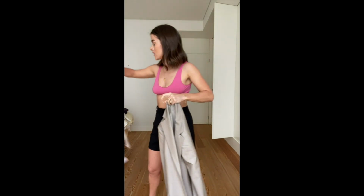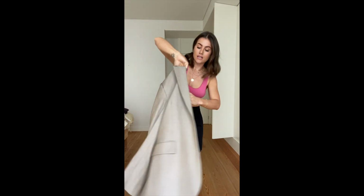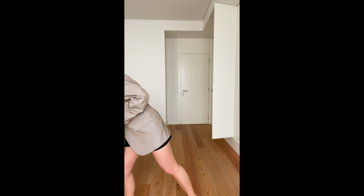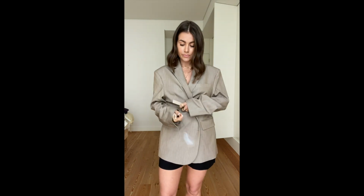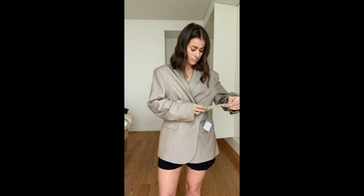Okay, these are the shorts, and I actually really like them. They're a nice fit. I got them in the small and they come with this belt. So I'm going to show you how I would style them. I think I would style with a blazer over. So this is why I got the shorts, because I wanted something that was just for layering. Black shorts, handy, just to have